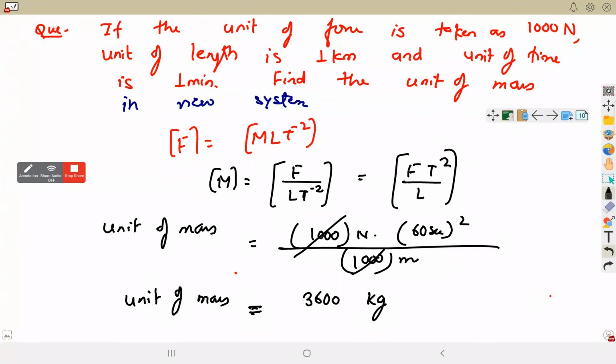So this is a similar type of question, in slightly different words. Here you don't need to do n1 u1, because we are not changing any unit system. Of the quantities, for one we have to find the unit. We calculate its dimension formula in terms of the others. Got it?